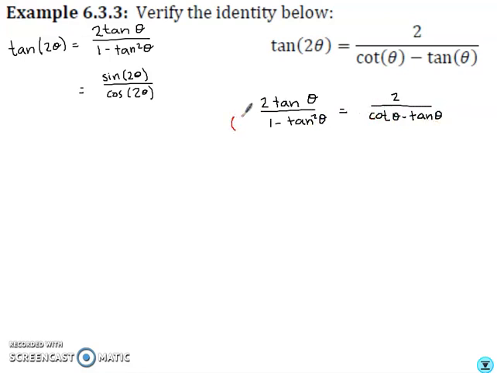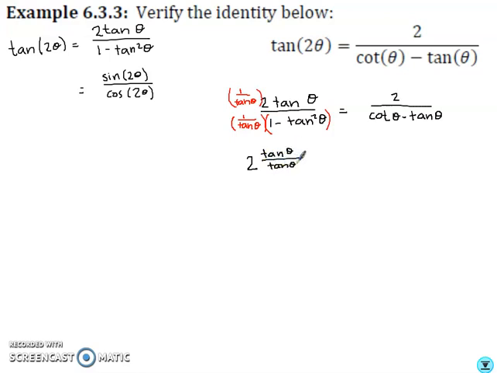So I'm going to multiply this denominator by 1 over the tangent of theta, and then I will distribute it to that entire denominator. Now this is perfectly okay to do so long as I also multiply the numerator by 1 over tangent of theta. So doing this, I've got 2 when I distribute, tangent theta times 1 over tangent theta is tangent theta over